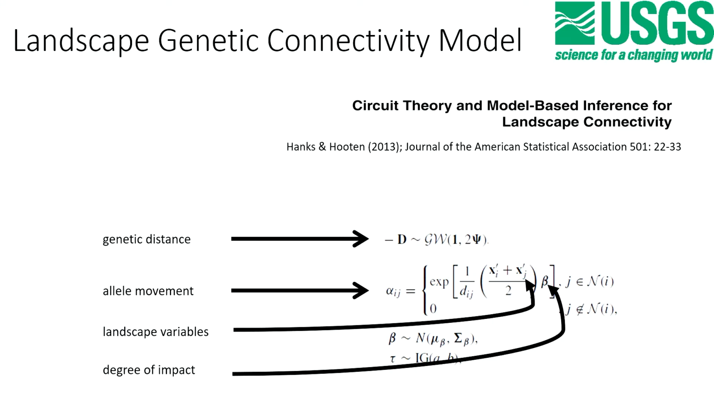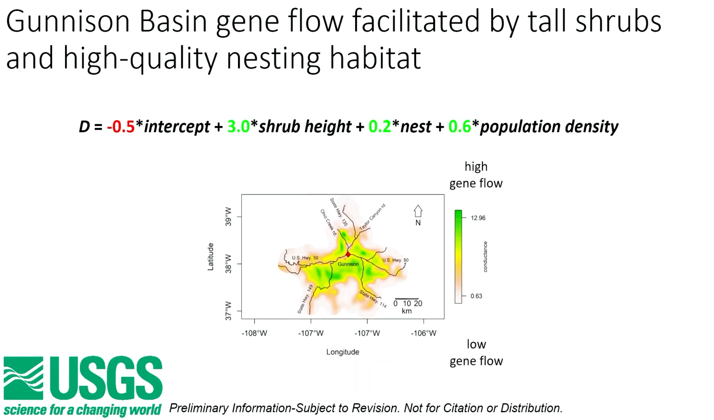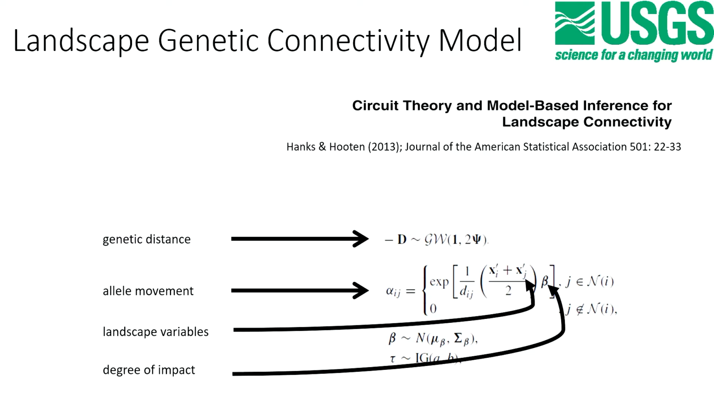So this relationship between circuit theory and gene flow in the landscape was put into a statistical model in 2013, and that's the model that we chose to fit to our data. We're not going to spend a lot of time talking about the statistical model, and I promise we won't see it again, but I think it's worth pointing out the important points so we understand